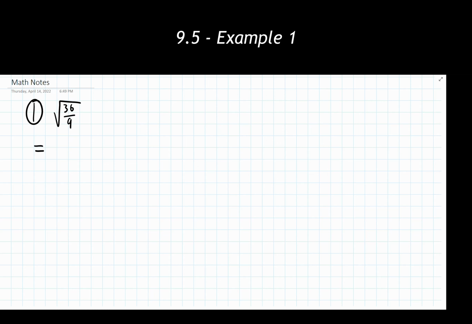36 divided by 9 is going to give me 4. So I still have the square root of something, except now that square root is 4 rather than 36 over 9. When I take the square root of 4, I'm going to get 2, and there I have my final answer. So the quotient rule, while it is readily available to be used, doesn't always need to be used depending on the starting values you've been given. Sometimes just a couple lines to rewrite something will lead you to your final answer, like we have here.